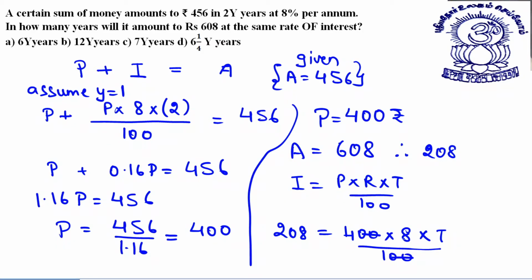32. Can I cancel 32 and 208? Let's cancel whatever is cancelable first. 8 cancels with 208 to give me 26. So 26 and 4. 26 divided by 4 will give me time is equal to 6.5 years. That was a typing mistake on my part, dear students. Let me correct it. So the time is equal to 6.5 years,